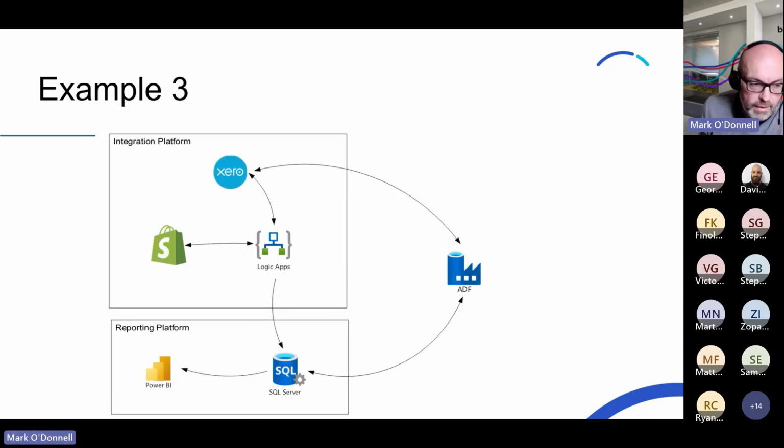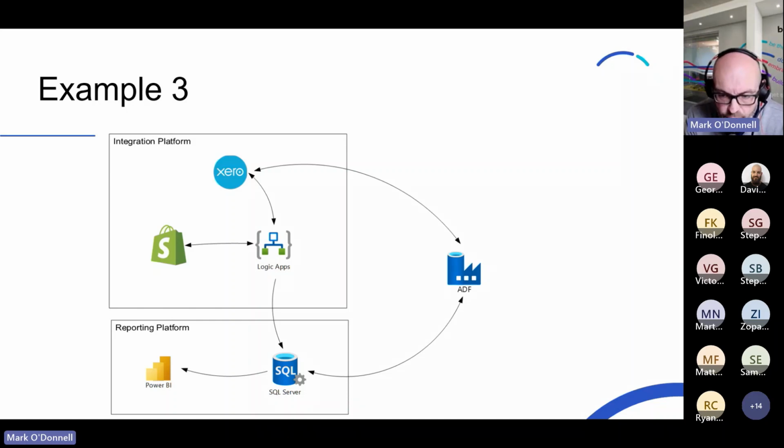And then finally, what I've done here is I've taken that existing platform, that second example, and I've extended it. So this is the type of pattern we probably see more in the real world. On the reporting platform, we've got effectively two types of reports that are enabled by this. One is the near real-time reporting that comes straight off the integration platform that I was talking about in the last slide. So you can see what's happening in the last hour or two.